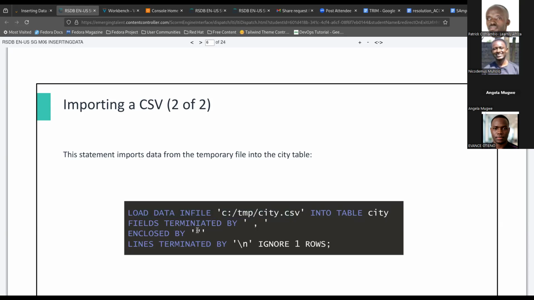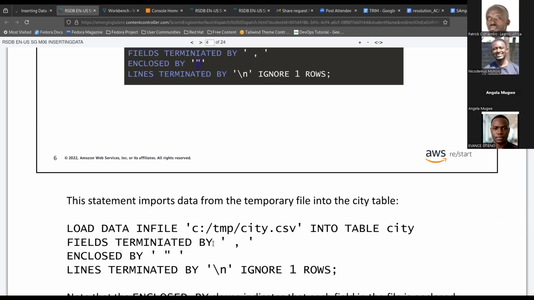Yeah, and now of course you need to include that the fields need to be terminated by the comma, knowing that it's a CSV file, so they are separated by the comma. So you include that one, but also they need to be enclosed by this quotation mark and the lines to be terminated by this \n. Yeah, to ignore